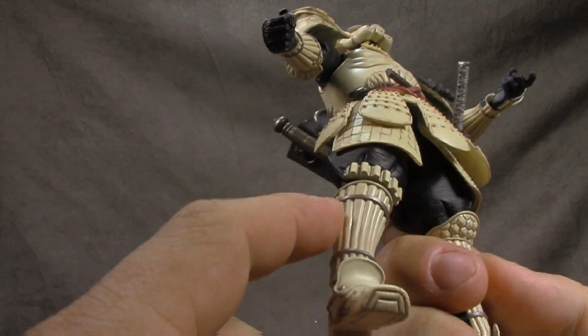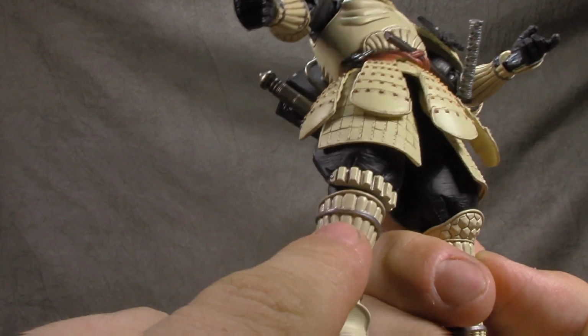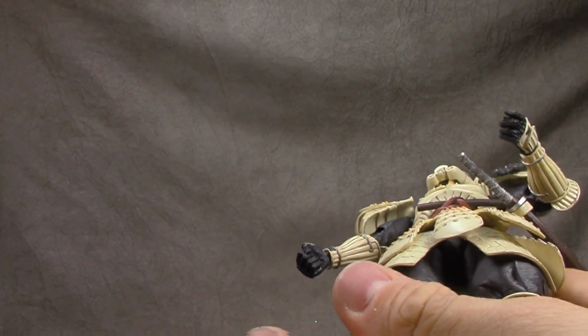These boots are all sculpted, molded, and this extra piece is painted silver. This one got some of the beige paint on it. So that's a little unfortunate, but not the biggest deal in the world. Moving down to the feet, they're on...